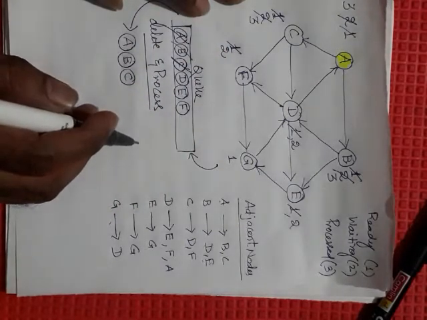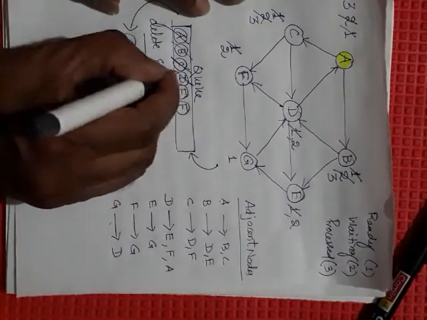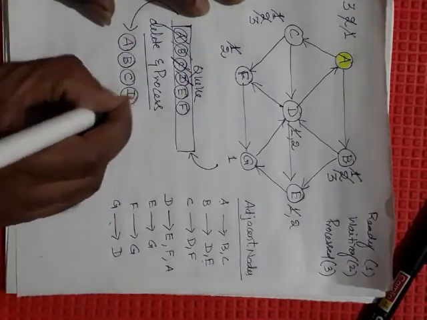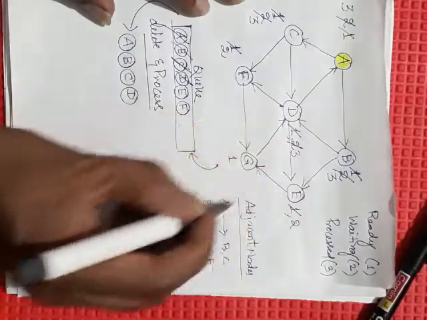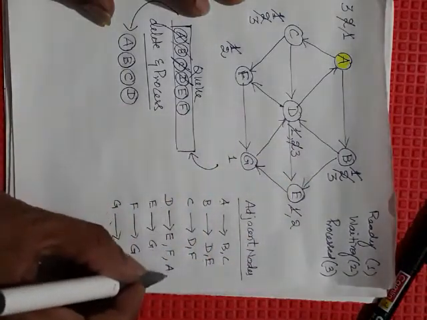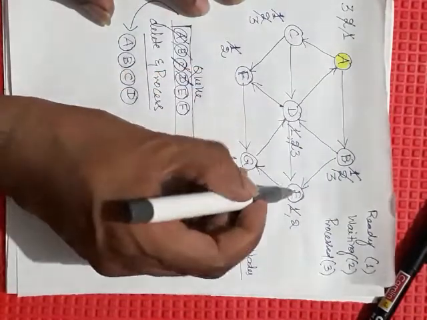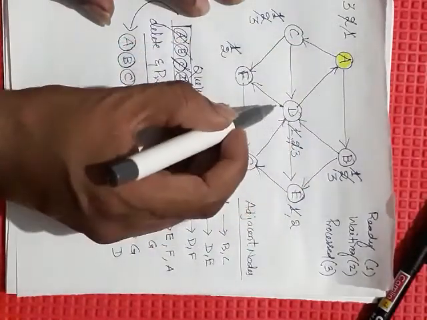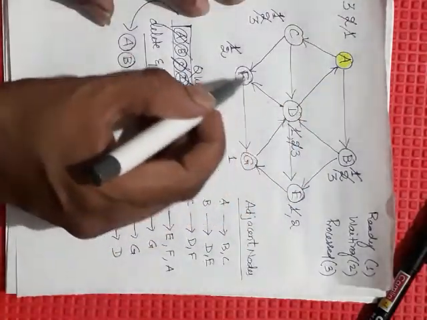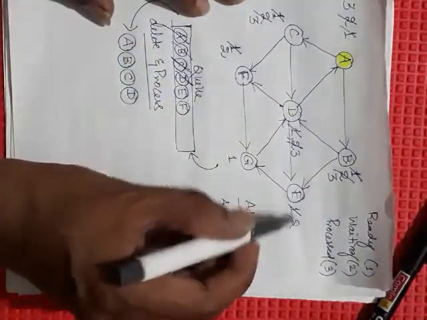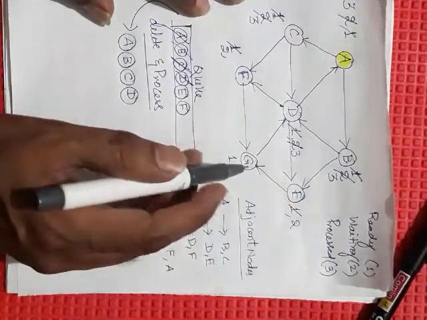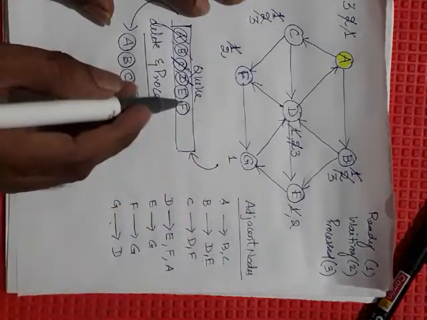After inserting, change its state to waiting state. Okay. Now while queue is not empty, again repeat the same job. Take D and process the node. Its adjacents are E, F and A. A is already processed, F is already waiting, E is already waiting. So no node is in ready state, so nothing will be inserted.